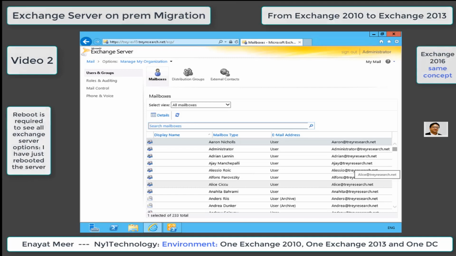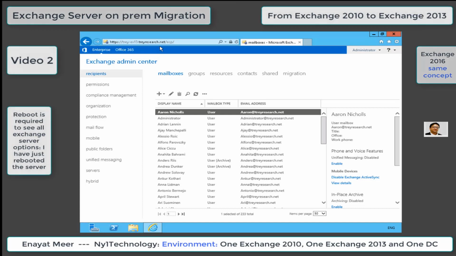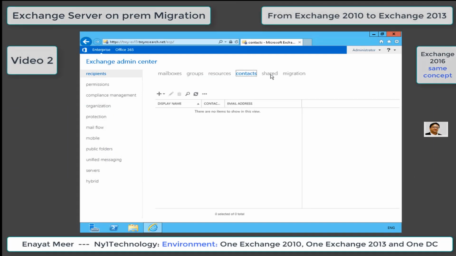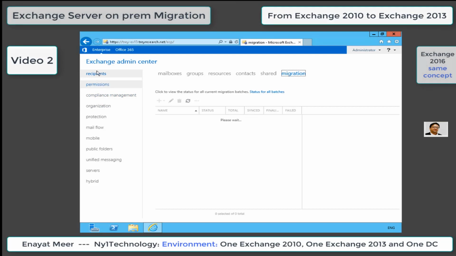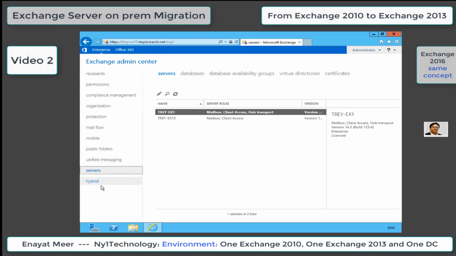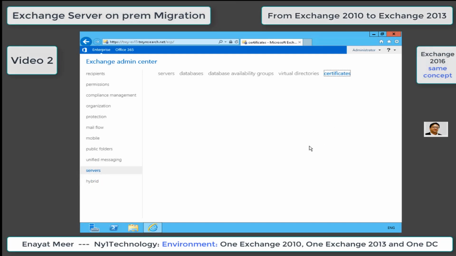So here I am able to log in, where you see all of those user accounts. Here I had on the back end a reboot of this server in order to see all of my snap-ins from the Exchange 2013 management console. So you see on the left all snap-ins are there. So now we are talking about some other options. As I mentioned earlier, we will work with a certificate as well. So let's go and look at the certificate,